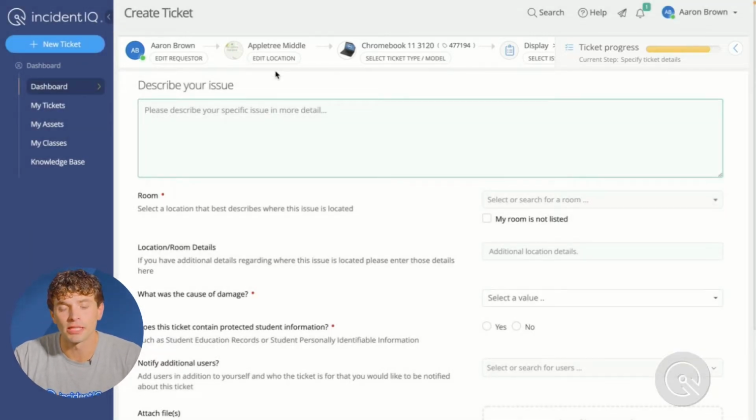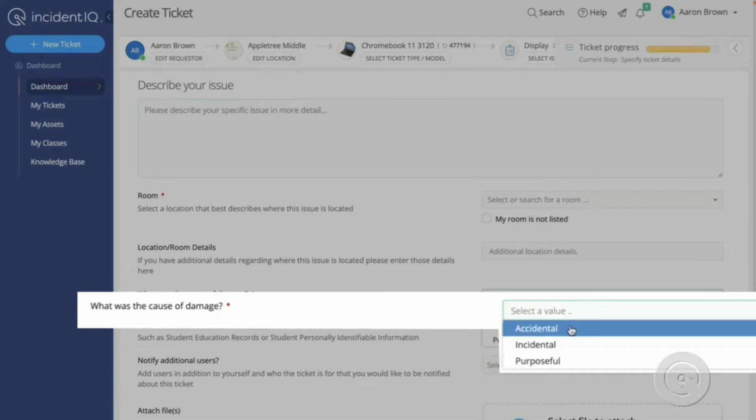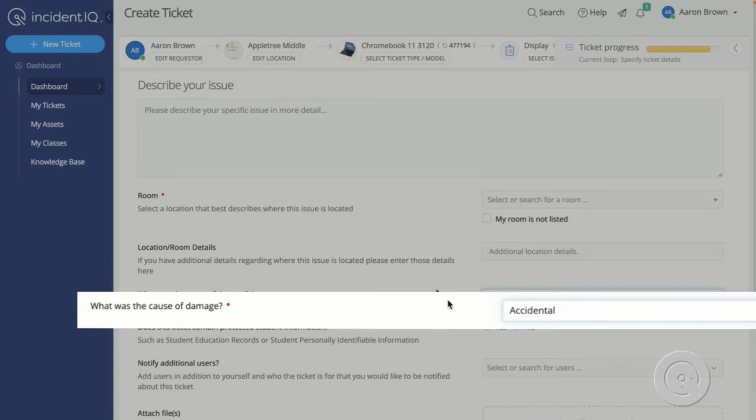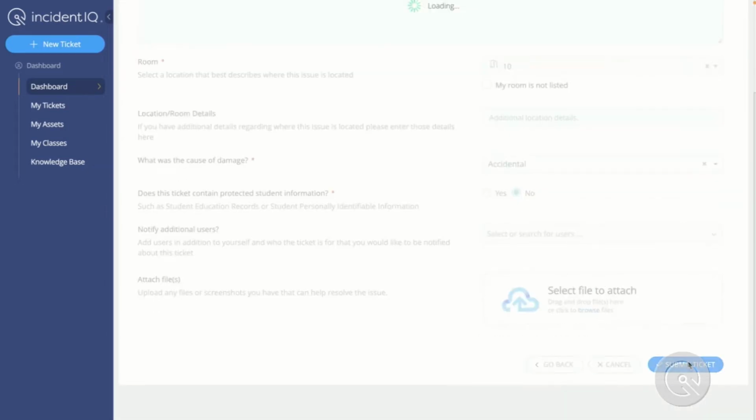Now, on our final submission page, I do want to also point out the availability of custom fields that the district will have. In this case, based on this being a cracked or broken screen ticket, we've asked our end user to indicate the cause of damage, which we can now use for any routing purposes on the back end. If I do go in and fill in all required custom fields, I'll now be able to submit this ticket